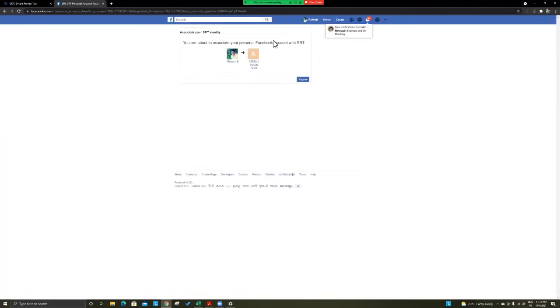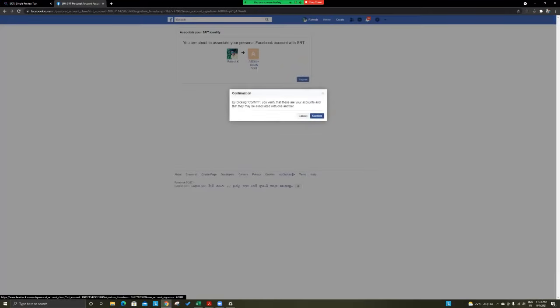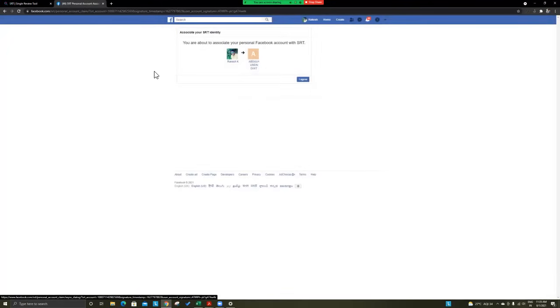If you are already logged in to Facebook, you will come to this screen. If you are not logged in, it will ask you to log into your Facebook account. Log in and just click on I agree, and it says you can go to SRT now.